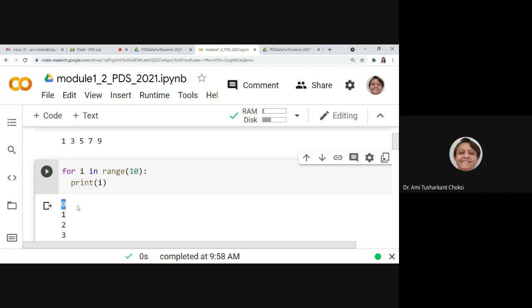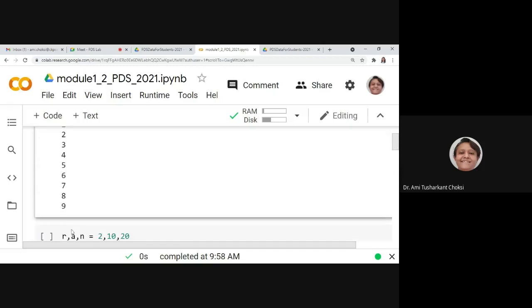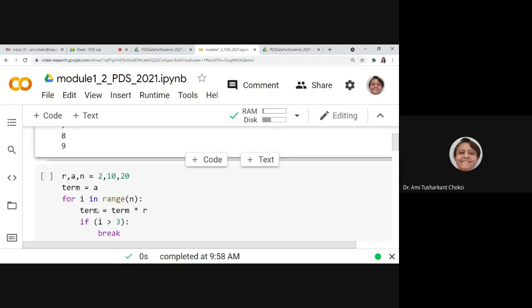But here, no start is given and no distance is given, right? Only the final, that is the end, is given. So what we have is starting point is 0. The increment, that is the distance we can say, is plus 1, right? 0, then 1, then 2, then 3, right? This way it is giving, and as we know, whatever is the end, minus 1 will be there, right? So for i in range of n, it will consider the values from 0 to whatever is n minus 1.